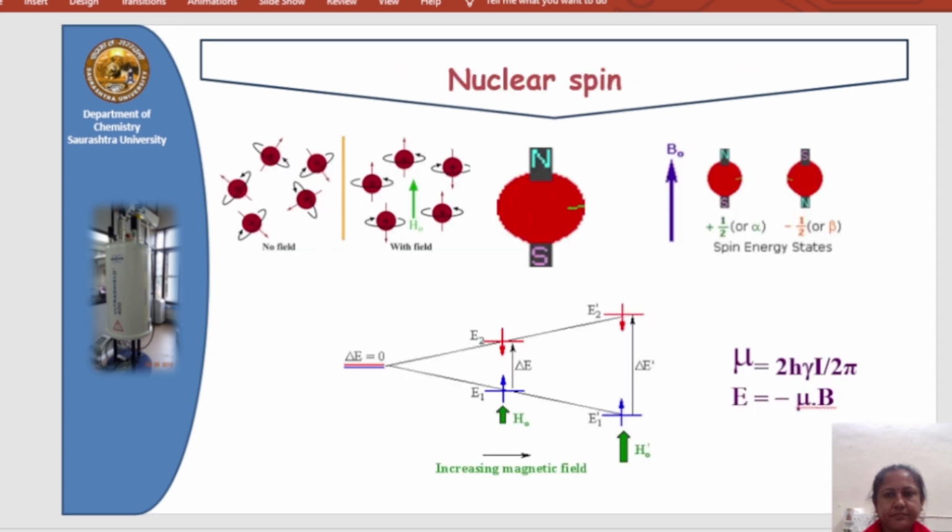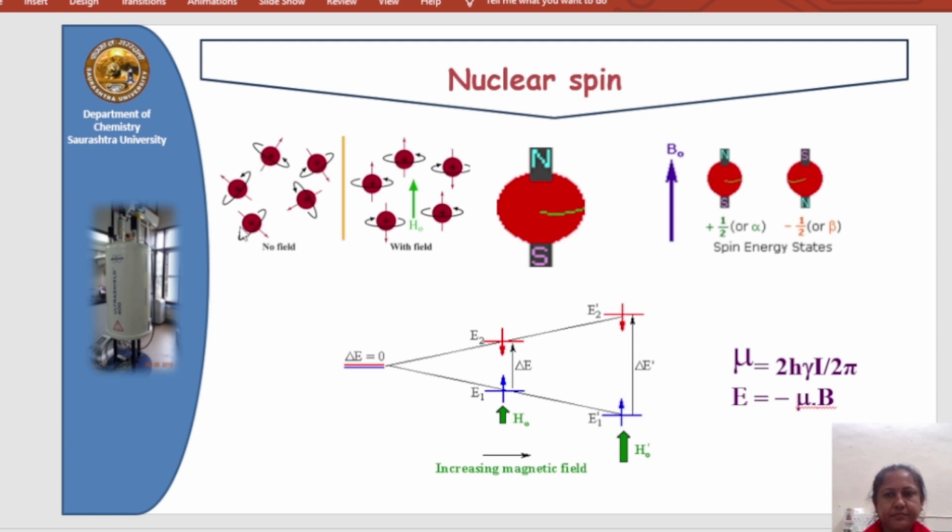One important parameter is the spin quantum number. The second one is the spinning of the nuclei. Now this whole nucleus can possess spinning. Why? Because of the charge deposited on a center or imaginary axis. Due to this spinning, it induces some magnetic field, meaning it behaves like a bar magnet.